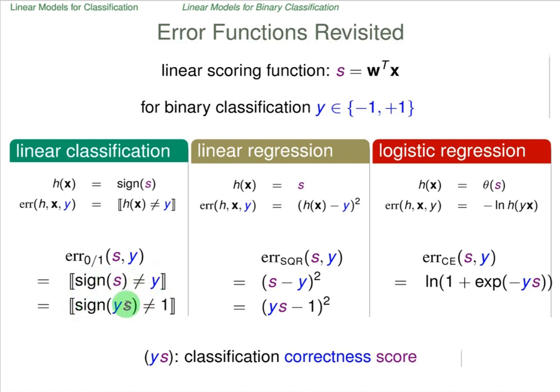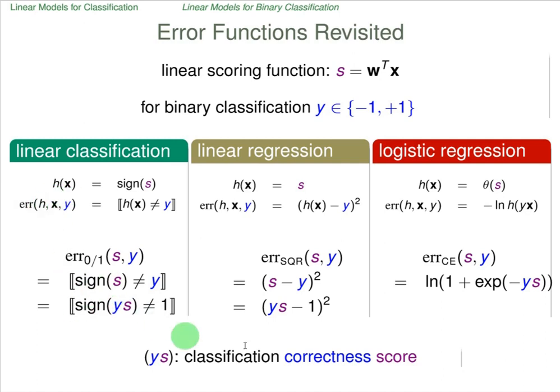So sign of ys will be correct if the sign of y and the linear score are the same, let's say, both negative or both positive. Okay, if y is negative and the linear score is negative, the sign will be positive. Okay, the sign function will give plus 1, and it will not be equal to minus 1 then, which means the